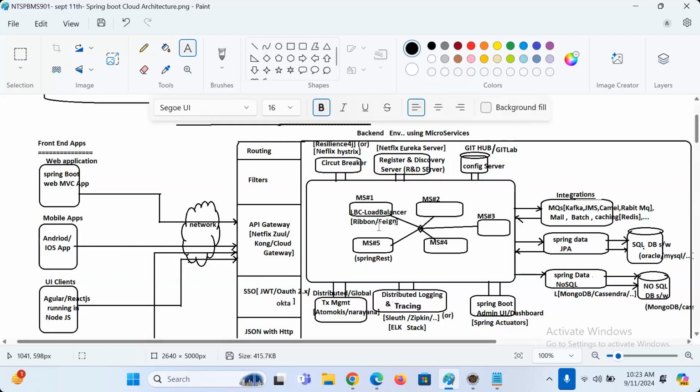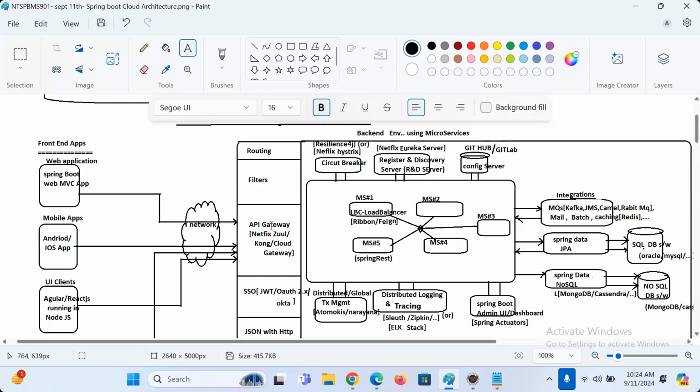Next, I want to add common pre-logic and post-logic. Before a request goes to each microservice, I want to execute some common logic, and after the response comes from each microservice, I want to execute some common logic. Instead of writing in every microservice, I can write it in the API gateway now, boss.